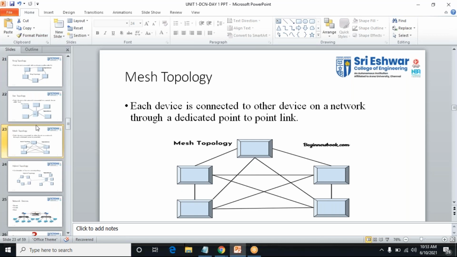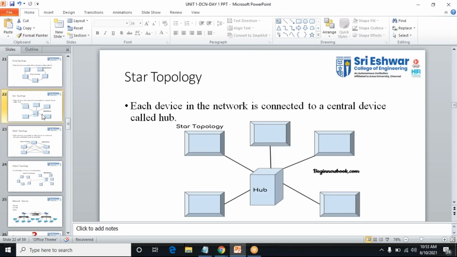Then what is star topology? What did we learn from star topology? How do we connect the devices in star topology? Yesterday we have seen it, right?